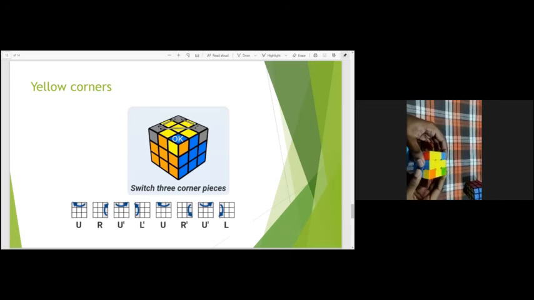Now we are moving on to the next step, which is yellow corners. We have to check for the right yellow corner, which is green, orange, and yellow. Will it form green, orange, yellow? No, it's not right. And red, green, and yellow? Yeah, it has red, green, and yellow. So this one was in the correct position, but it was inverted. So by keeping it on your right hand side, do the formula, which is U, R, and U inverse.